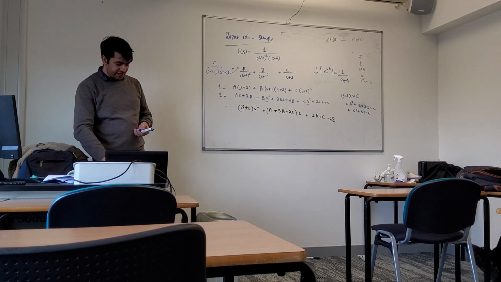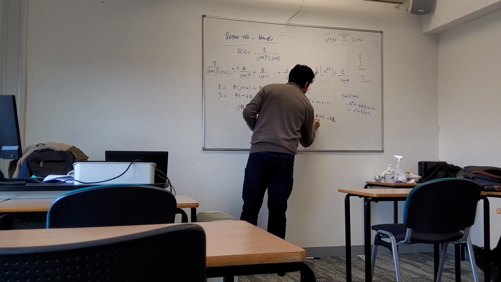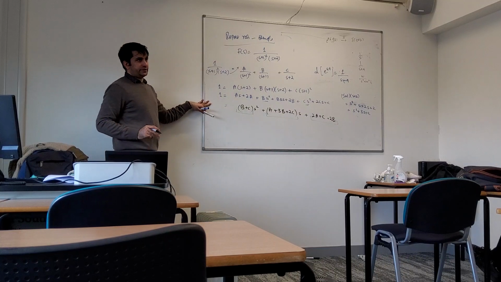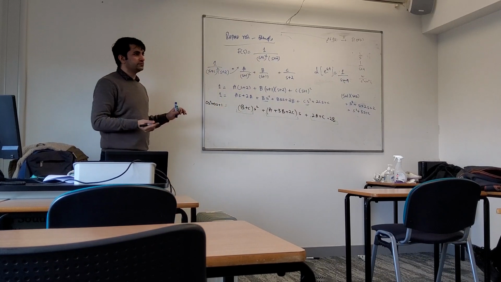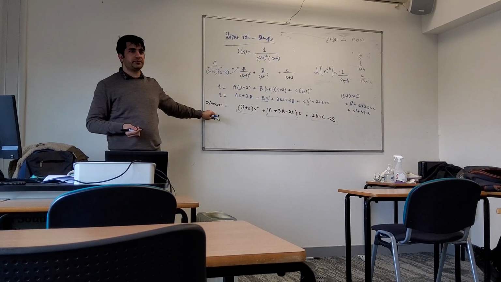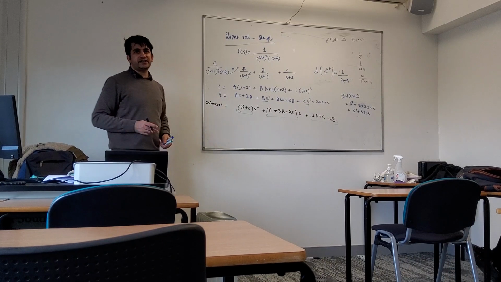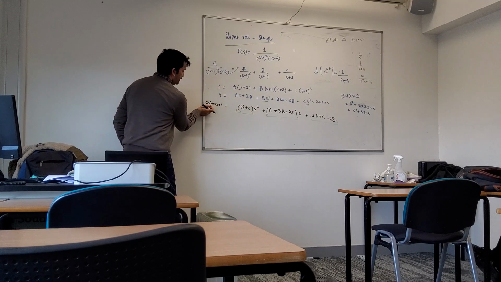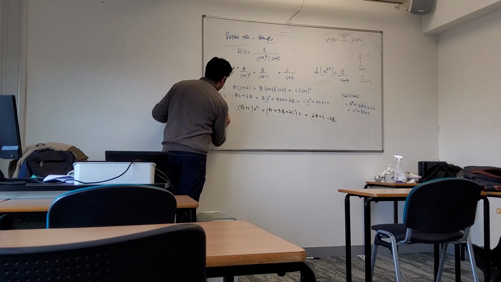Yes, so it means that now we have this with s squared, this with s, and this is your constant. Now we can equate it with the other side, right? On this side, if I write it is 0s squared plus 0s plus 1, there is no problem. 0 times s squared is 0, 0 times s is 0, 1. I wrote it just to equate them. So you can see that here is s squared, here is s squared, so this coefficient is equal to this. So it means that, equating,